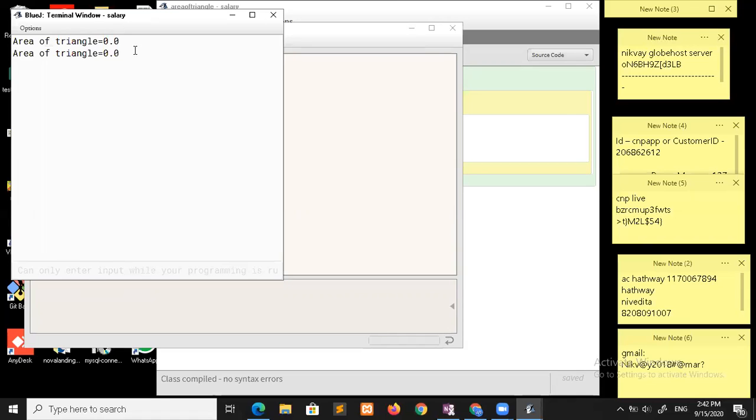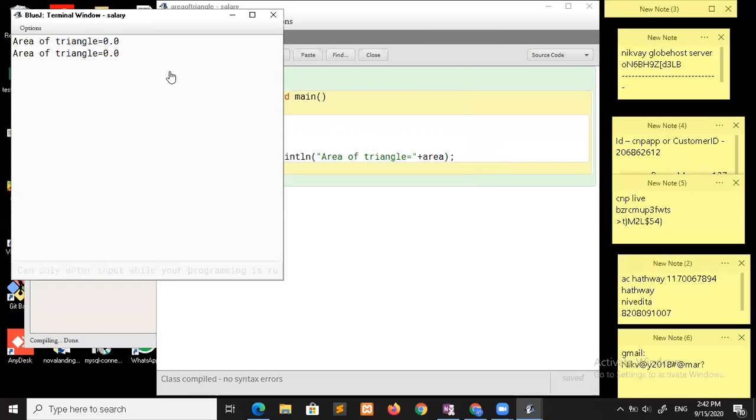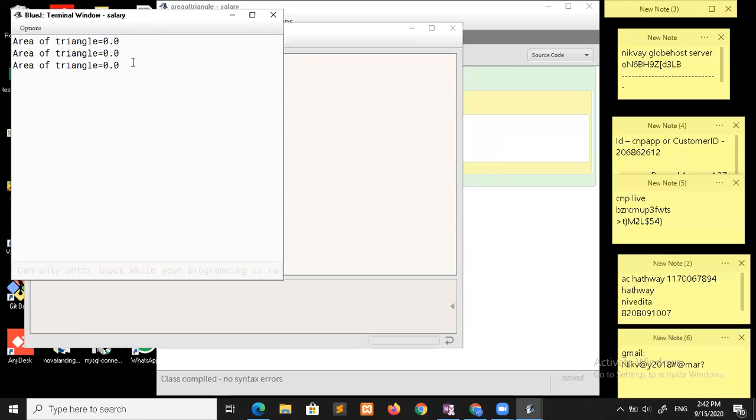Why is it showing 0.0? See, do you know what this is called? This is known as a runtime error.